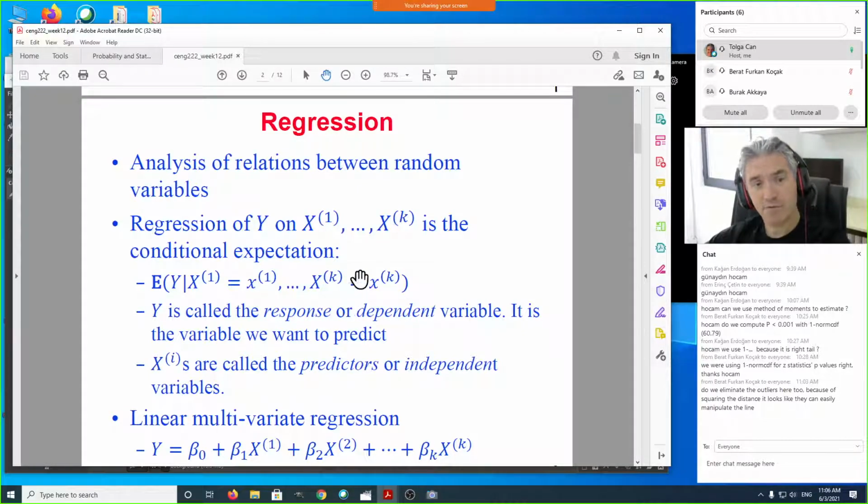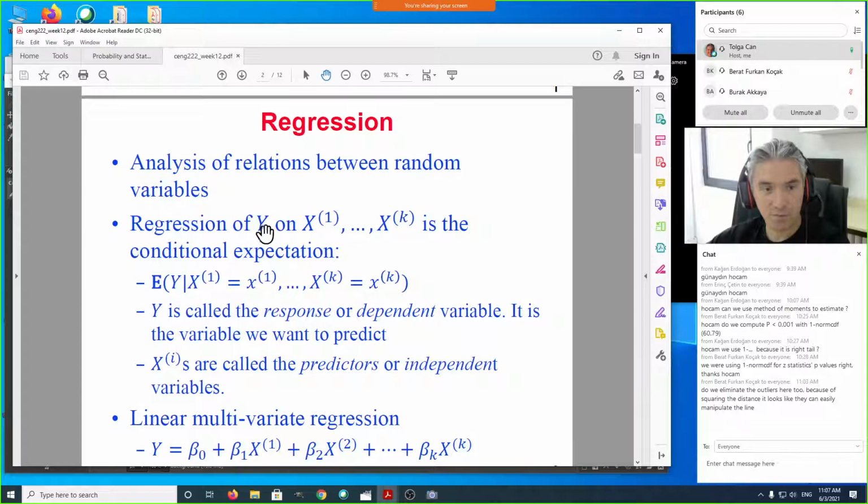And in general, regression could be done on many variables. So this is a multivariate regression. You may be measuring multiple things about the house, not just the area of the house. It may be, for example, its location, its age, whether it has certain features or not, whether it has a swimming pool, how many rooms it has. All these may be things that we measure about a house, and y may be the price of the house, for example. We may try to predict it based on these multiple